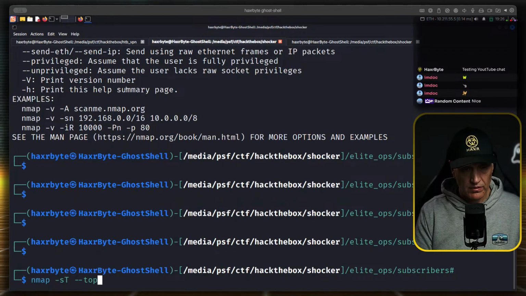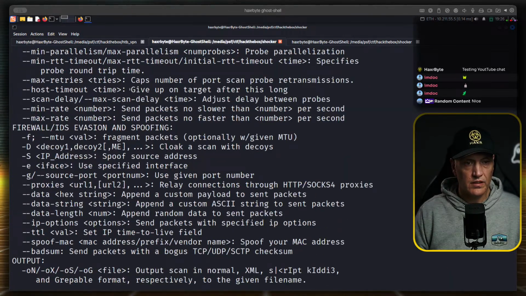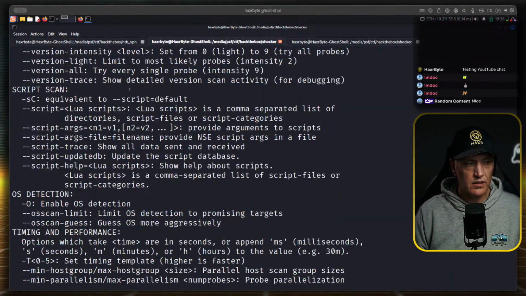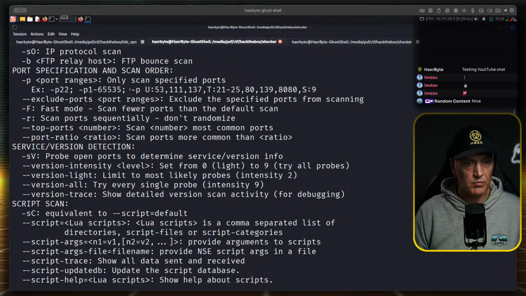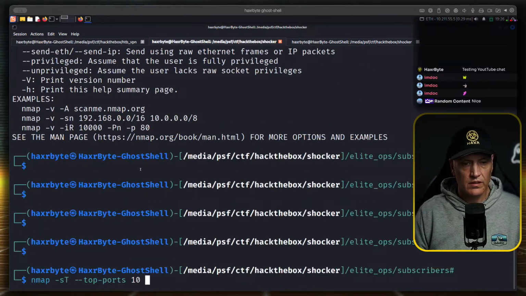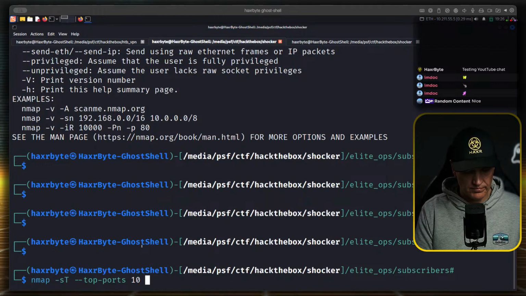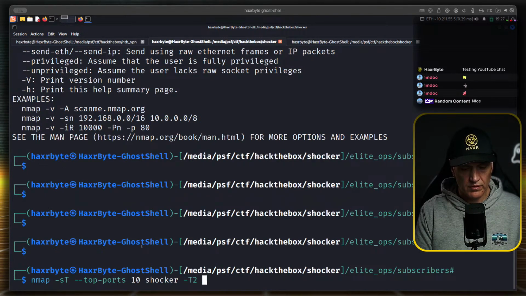We'll do top ports, let's do 10, shocker, -T2, -Pn, that does not do DNS resolution.